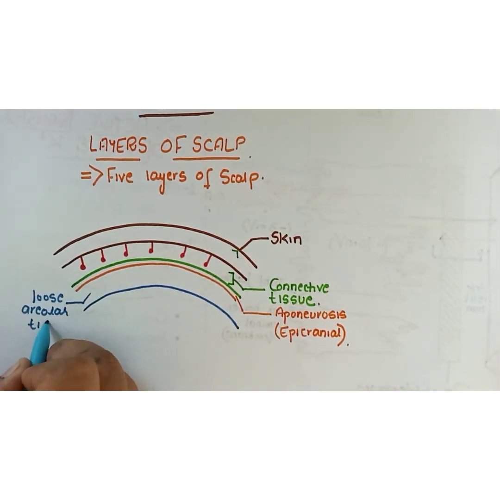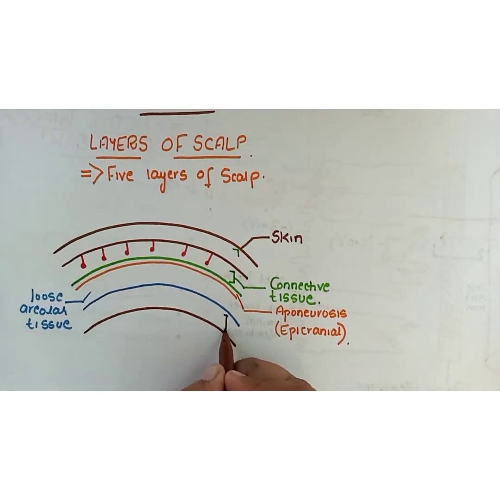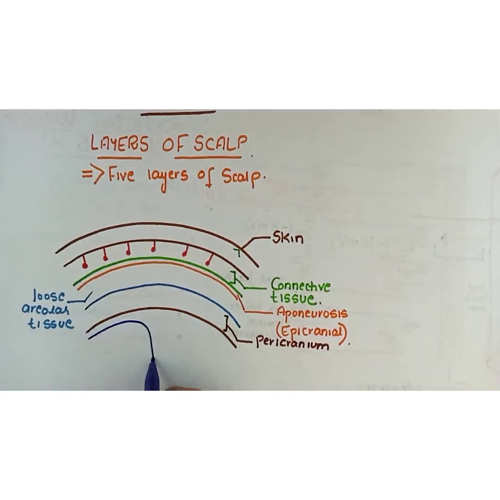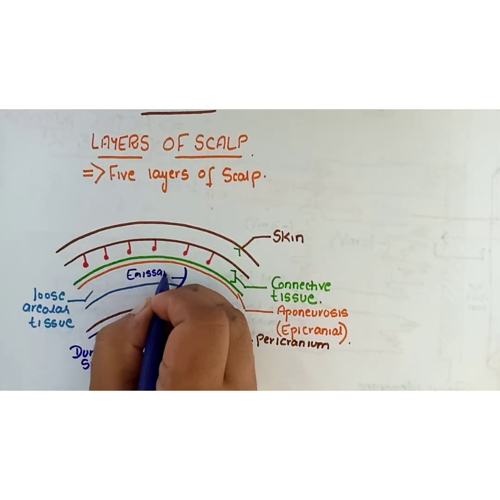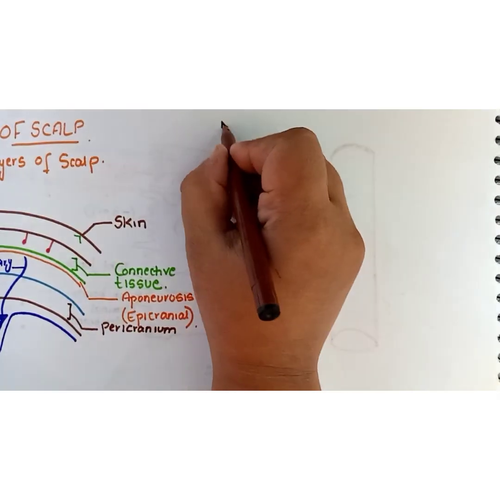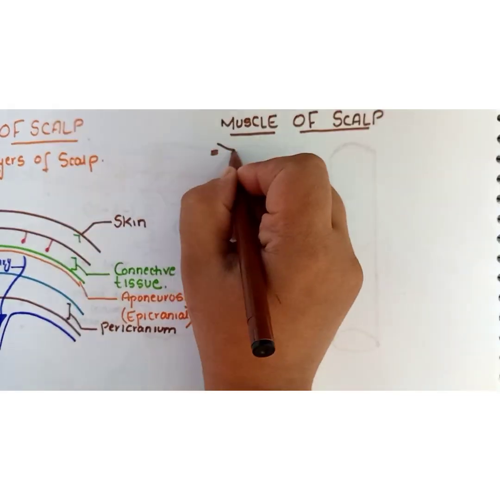layer of the loose areolar tissue, which allows the movement of the scalp over the final layer of the scalp, which is the pericranium. And below the pericranium are the presence of the dural venous sinuses, and emissary veins emerge from it. So now I will explain about the muscles of the scalp, and there is only one muscle of